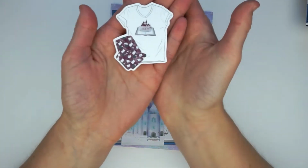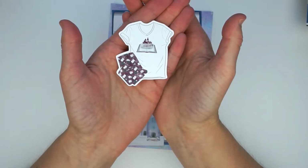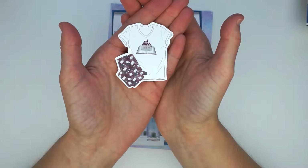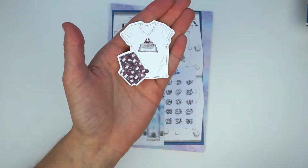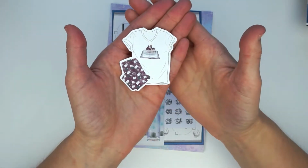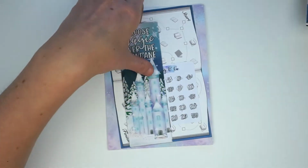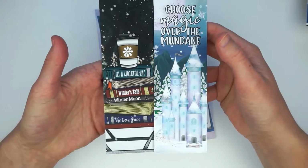I also picked up this pajama set die cut that was from the, oh gosh, I'm blanking on what the readathon was called, but it was the readathon that was hosted in February, Enchantathon. That's what it was. I thought this would be cute for when I do my planner setup for fall or winter. And then I really love Paige's bookmarks, so I got these 2 because they were in a